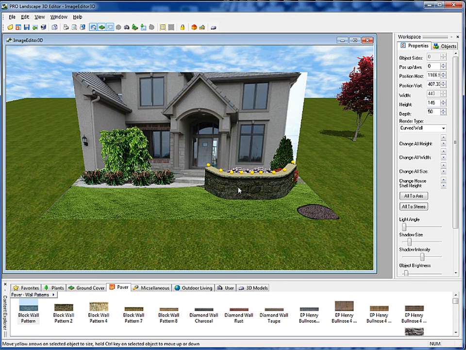Okay. Now we can also change the thickness of the wall. If I want to change the thickness, I have the wall selected and I go over here to the workspace, and where it says depth, I just go in and override that from a depth of 50 to a depth of 20, and you'll notice as soon as I do that it changes the